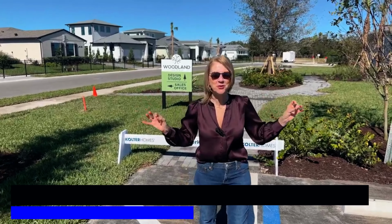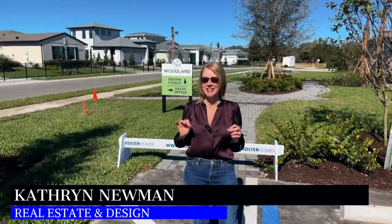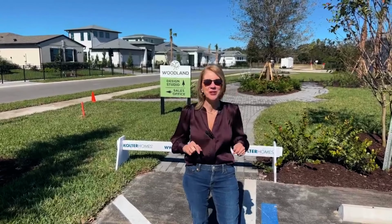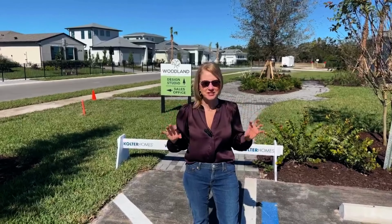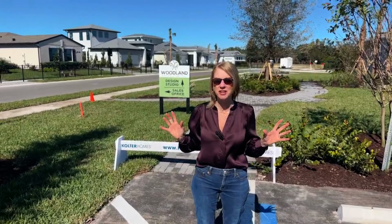It is a beautiful fall day, believe it or not, right here in my hometown of Parrish, Florida. And it's about 70 degrees. Don't be hating. It's so nice today. I even wore sleeves and I'm burning up. But anyway, we are here in the newest 55 plus community right here again in Parrish, Florida, which is really